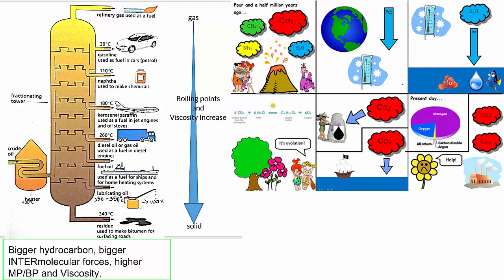With time, as the oceans develop and the CO2 is trapped, life begins to evolve. There's no oxygen in the atmosphere, so there's a lot of anaerobic respiration going on. But as life starts to evolve, photosynthesis starts to occur. That also removes CO2 and contributes oxygen to the atmosphere. Some of that CO2 was dissolved in the water, now is being used by photosynthesis, and of course was trapped